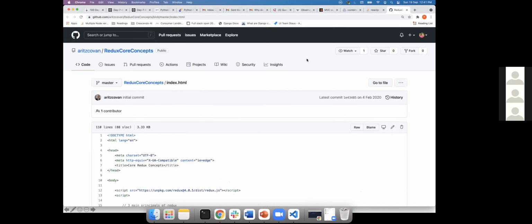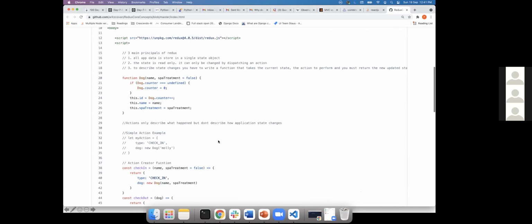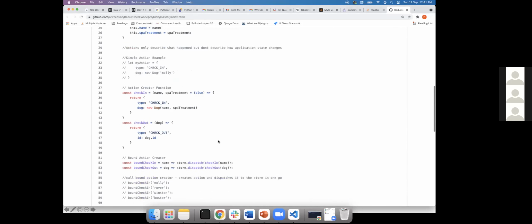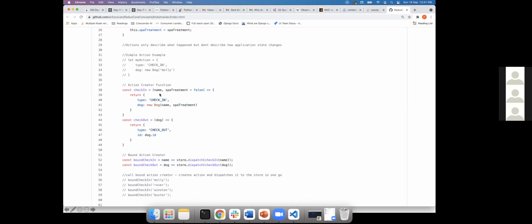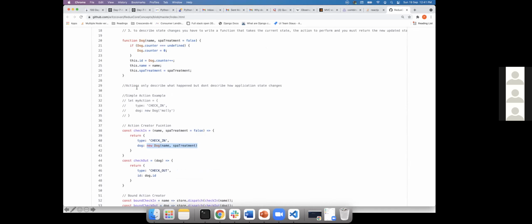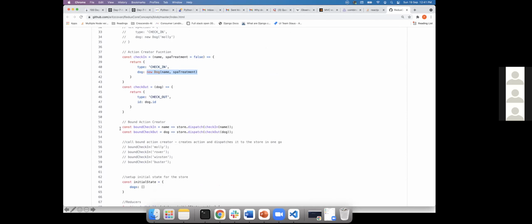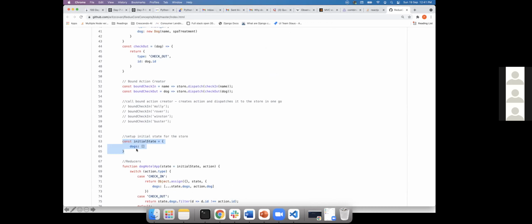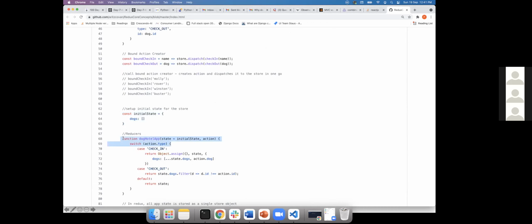Okay, so this is another example. If you are interested, you can have a look at it. This is an action creator, what we call check-in, check-out. Whenever they check in, they're creating a new dog or whatever, like you see. It's another class or a function, and then there is an initial state. This is a reducer, right?